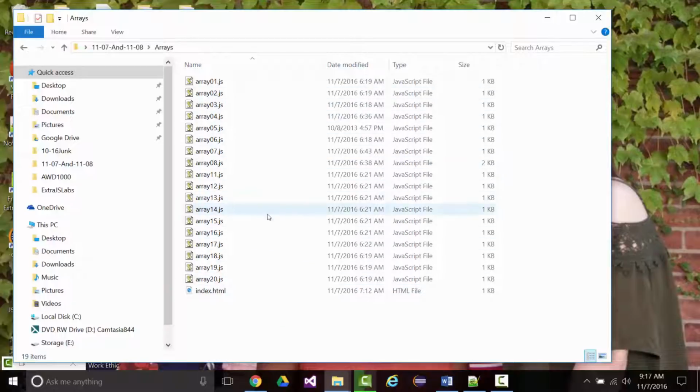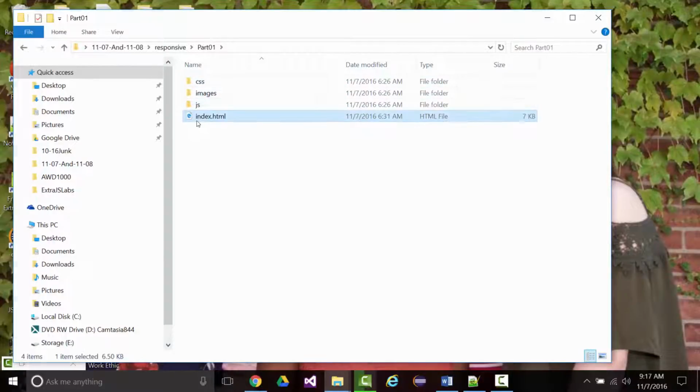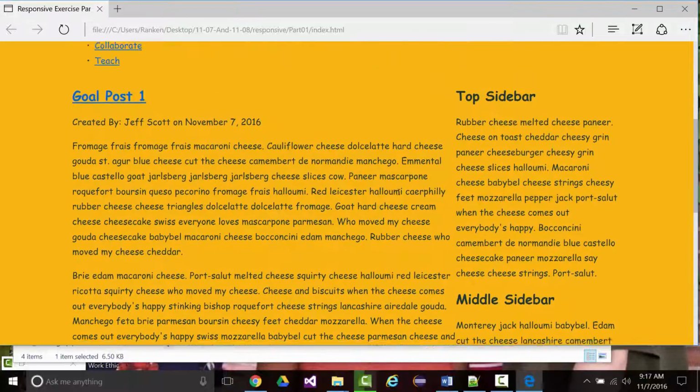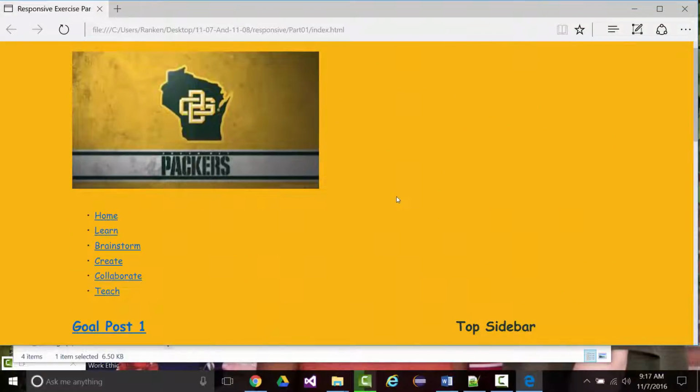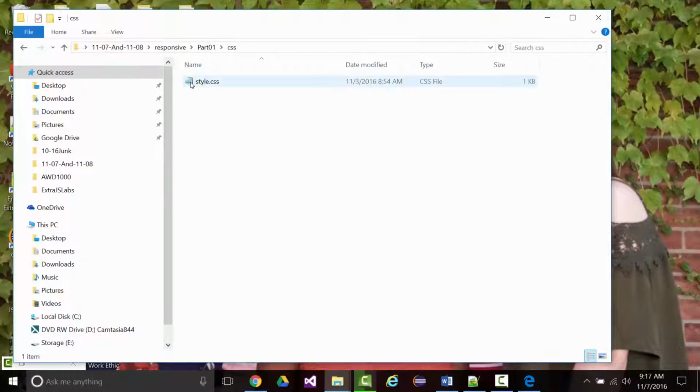All right. The other thing that's in there, if you look up on the screen here, is a folder that's called responsive. I just gave you the whole thing. So part 1 is real simple. I started to create this site, and there's almost no CSS in it. You've seen things that look like this before. All right? In fact, if you look at the CSS file for this,